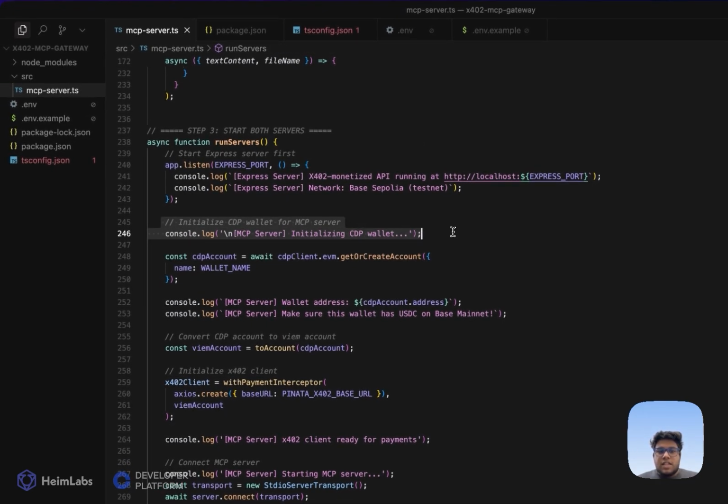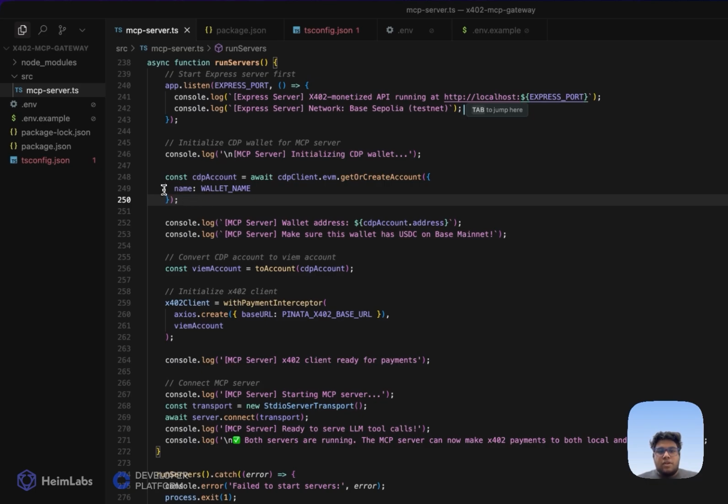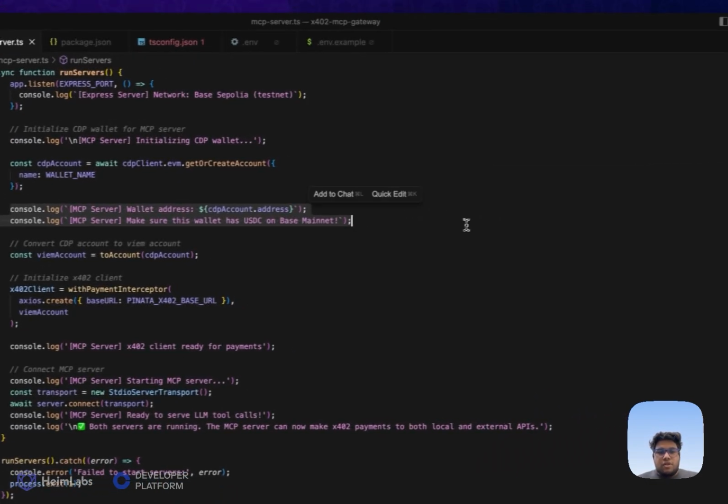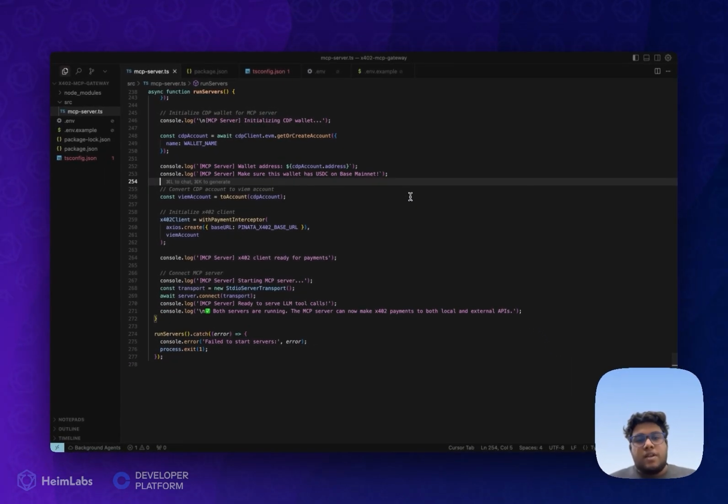Once that is done, we initialize the CDP wallet for the MCP server. So we use the CDP client.evm.getOrCreateAccount to initialize a CDP account and initialize the CDP wallet. We use the wallet name, and once that is done, we console log to make sure that we are transitioning to the next step, which would be to start up the MCP server.